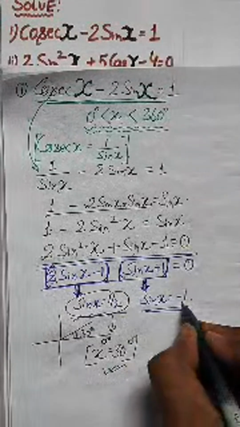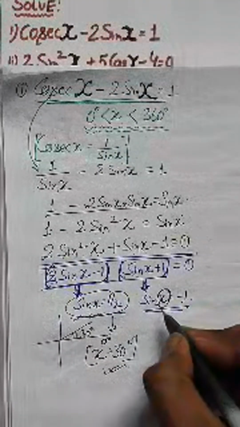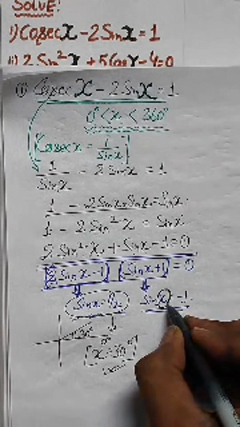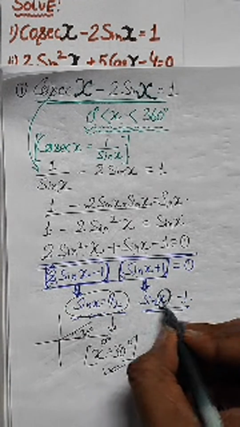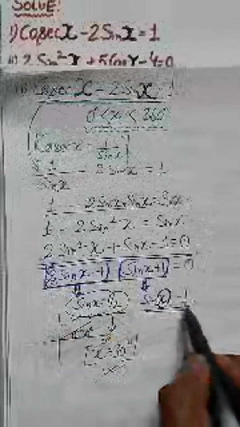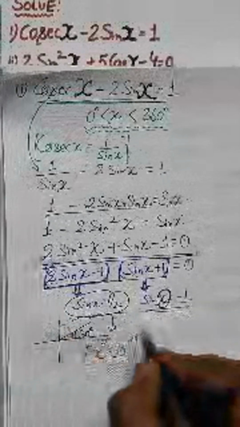Now for minus 1, what is the value of x when sine x equals minus 1? Sine x equal to minus 1, that means the value of x should be pi by 2. First of all, make sure pi by 2, but sine 90 is plus 1. And when sine x is negative, sine x is negative because here